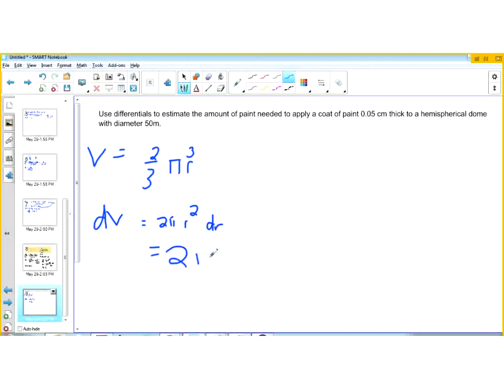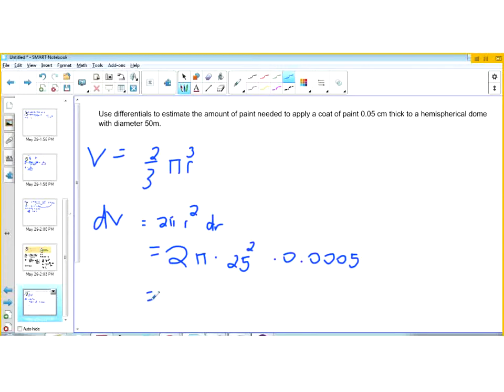So that would be 2 times pi times 25 squared. And then the differential of r is 0.05 centimeters, which in meters would be 0.0005 meters. And so when we multiply these numbers out,